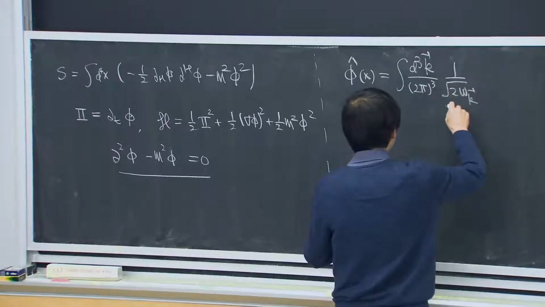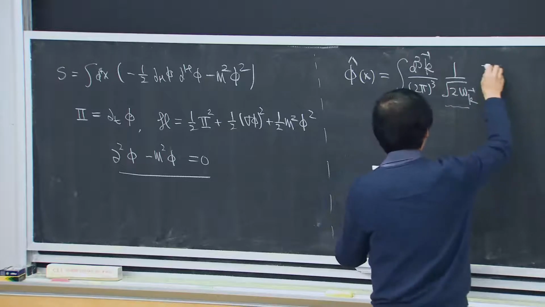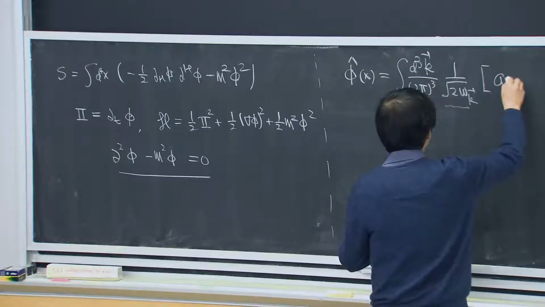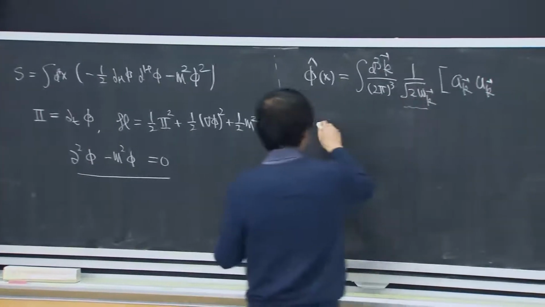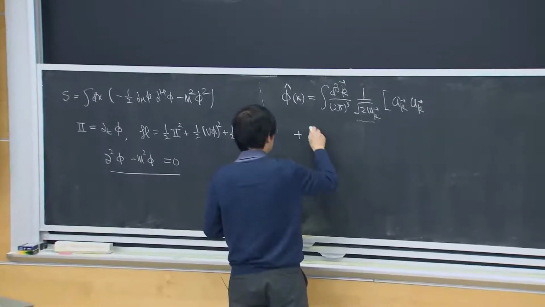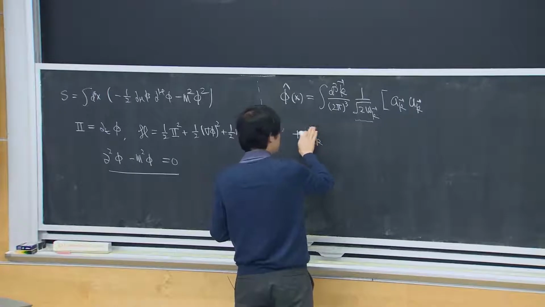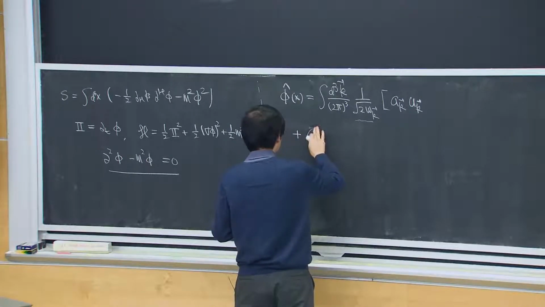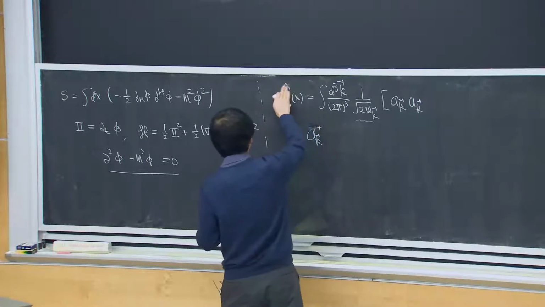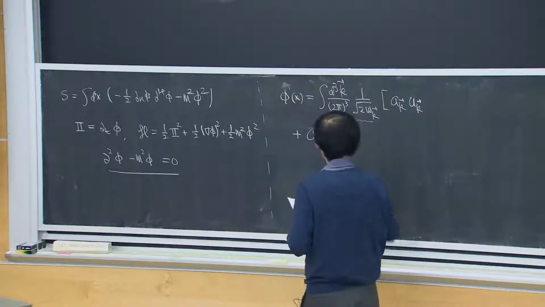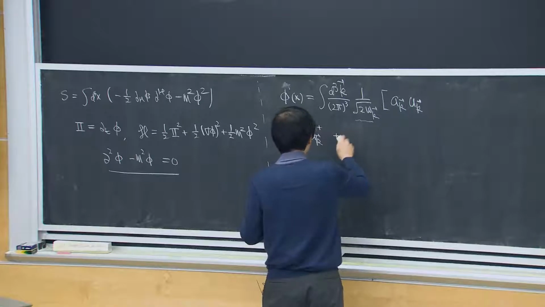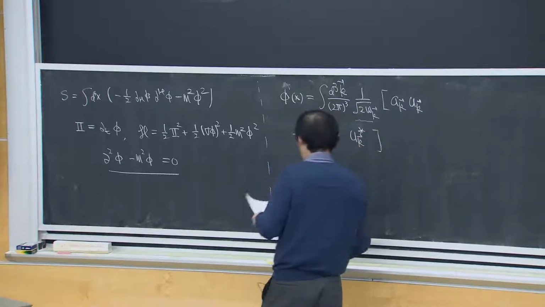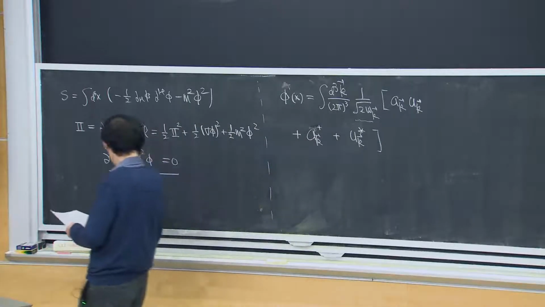This factor is a convention, and then we have a_k u_k plus a_k dagger u_k star. So from now on, I will suppress the hat. You should always now view it as a quantum field, with quantum operators. And u_k is the complete set of solutions,